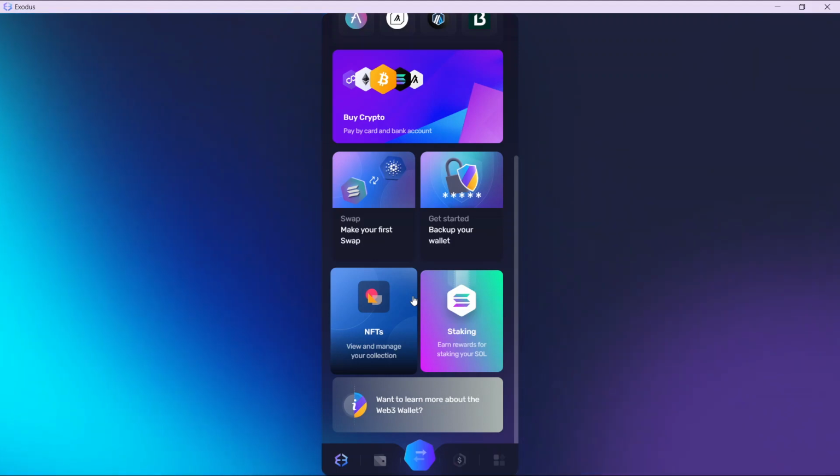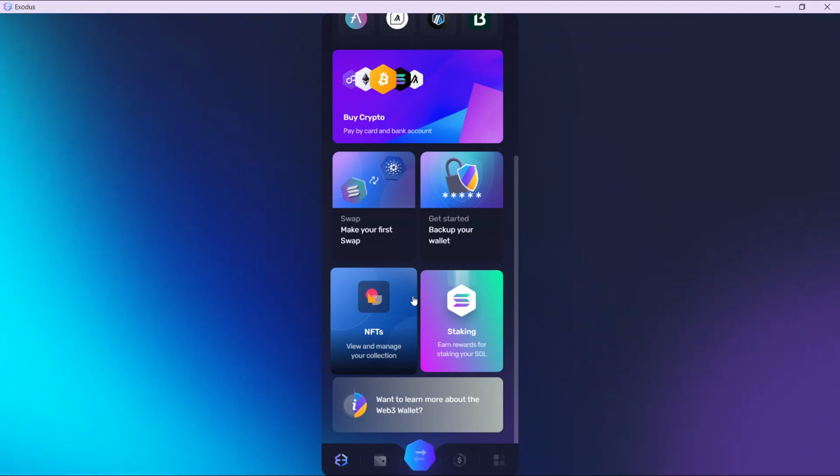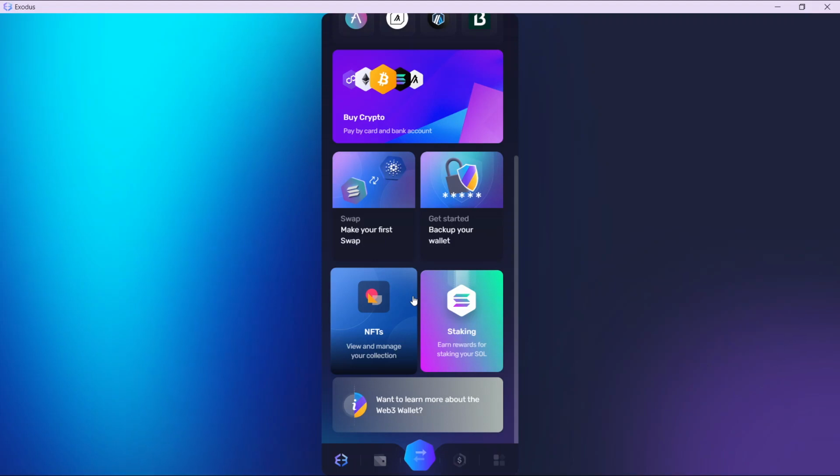Now I would like you to know that Exodus is a multi-chain crypto wallet that supports over 50 different blockchain networks. It allows users to store tokens from all the supported networks in one seamless wallet. So now that we know a bit of what Exodus is about, let's quickly hop into how we can contact